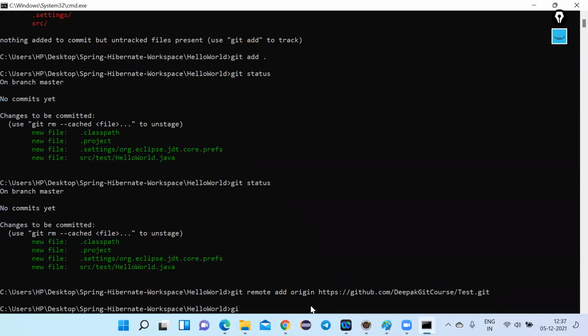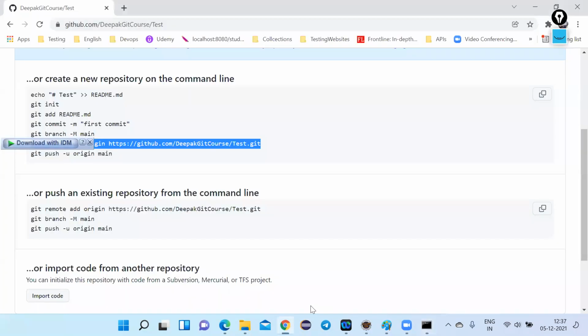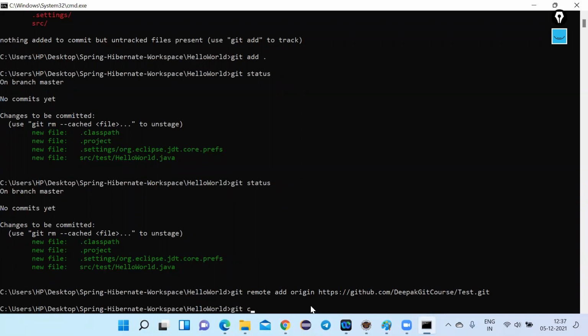Now commit all the files which are available in the staging area. Git commit -m followed by the commit message: Hello world Java file.